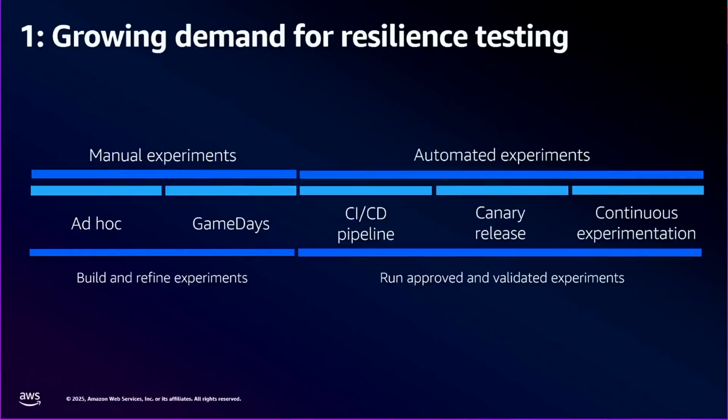All right, so I want to talk about some of the trends we see customers talking to us about in the space of resilience, starting with the demand for resilience testing. A lot of customers still do ad hoc testing, where they do an annual or quarterly disaster recovery exercise. But a lot more customers now are asking us to continuously verify that their applications are resilient. And that's why we have services like the Fault Injection Service and Resilience Hub. A lot of customers are building these services into their CI/CD pipelines, doing things like validating that your new CloudFormation template meets the resilience posture that you need to meet before you release it to production.